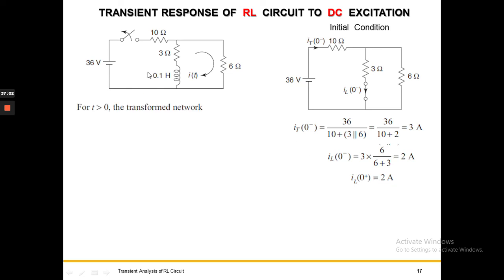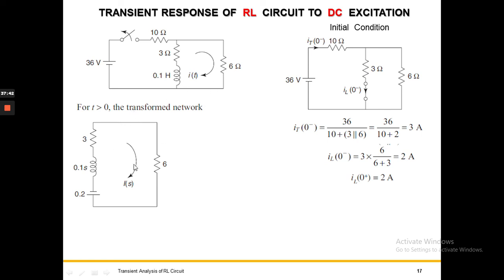Now convert this circuit into the frequency domain after t is equal to 0, that is, when this switch is open. So this part is isolated, and only this much portion will be there. The 3 ohms remains the same. The inductance will be L into S. You have to take into account the initial current through the inductance, so there is a voltage source. See the polarity of the current, so the polarity of the voltage source will be like this. It is L into I0, which is 2 volt. Then the 6 ohm. So this is the transformed circuit after t is equal to 0.